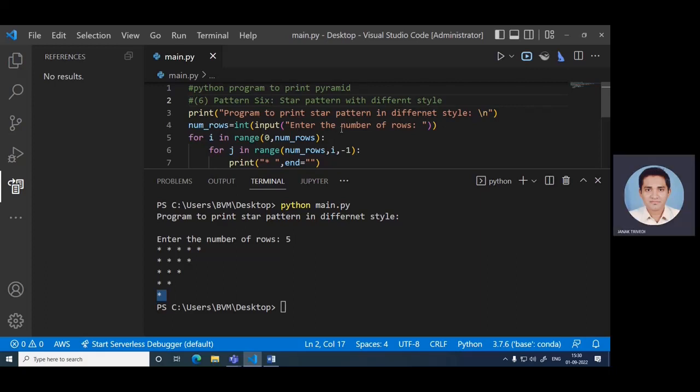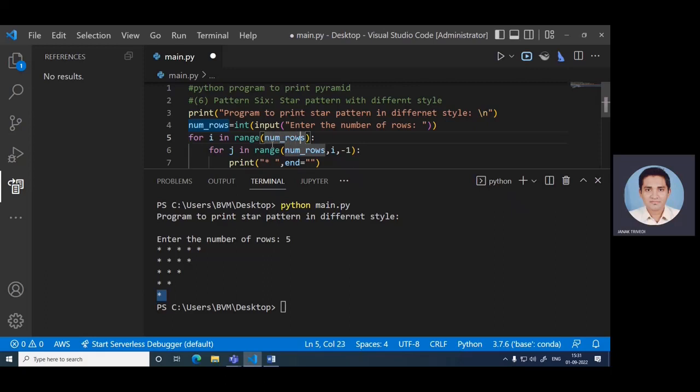अब इसमें मैं कौन सा पैटर्न लाना चाह रहा हूँ कि इसमें सेंटर से 5 4 3 2 1 इस तरह से आ जाएगा। तो इसके लिए मुझे क्या करना पड़ेगा, यहाँ पे फर्स्ट लाइन एज इट इज मुझे ये प्रिंट करना है, सिंपल कोड है। देन सेकंड इज नंबर ऑफ रोज, कितने रो के लिए चाहिए ये है, तो ये भी सेम रहेगा। अब यहाँ पे चेंज होगा, तो फॉर आई इन रेंज नंबर ऑफ रोज।